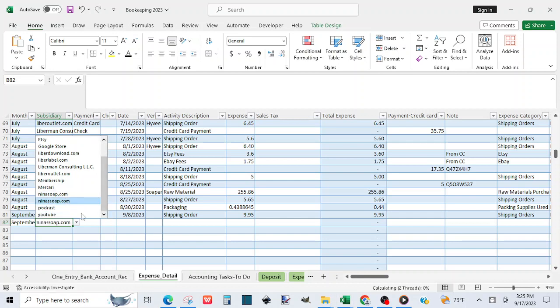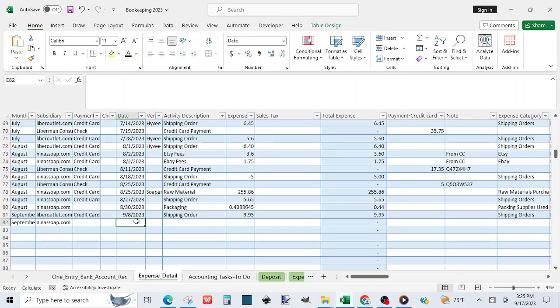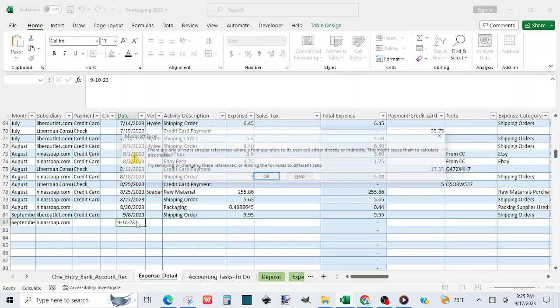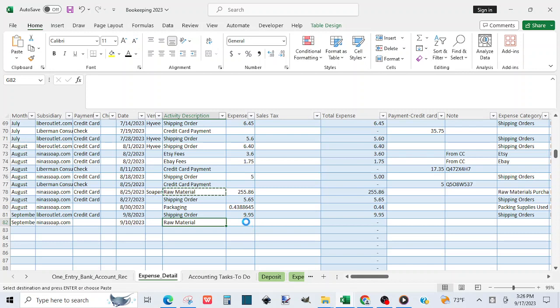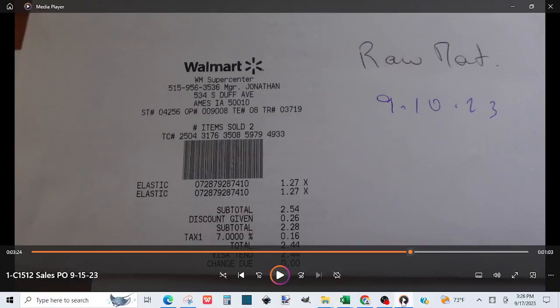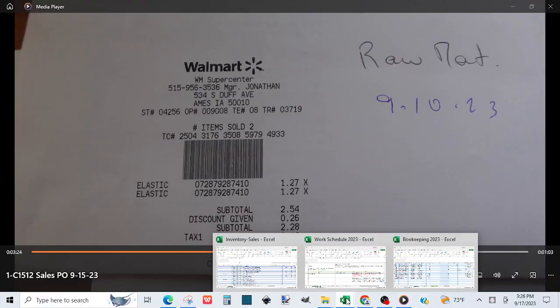It's for handmade, and it is 9/10/23. And raw materials, in fact I have it here. Raw material for 244, I believe. 244